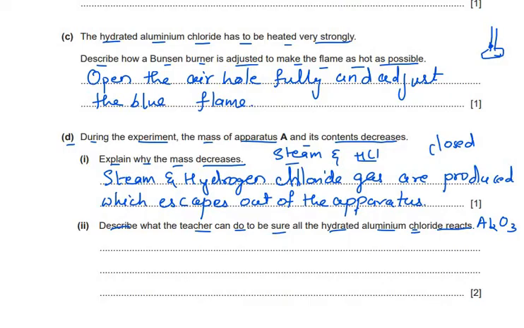That all of the aluminium chloride should get reacted to turn it into aluminium oxide, hydrogen chloride gas and steam. So if you want to ensure that all of it is reacted, what we need to do is, even after heating, it has cooled down, reheat it, keep on doing this till the constant mass of the apparatus or the constant mass of the remaining solid product is obtained. So what we can write is, keep reheating